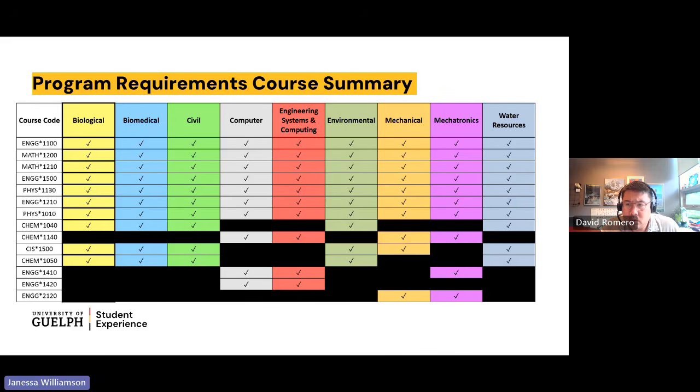Great. And there's one that I'm just going to read out for the sake of the recording. Miriam asked, when is the tuition payment due? And Will shared that the fall semester payment is due by September 18th. You can find more about those financial dates and deadlines on the financial dates and deadlines page of the University of Guelph website.